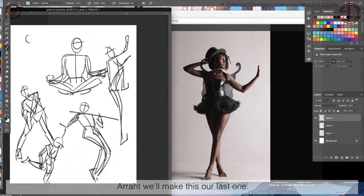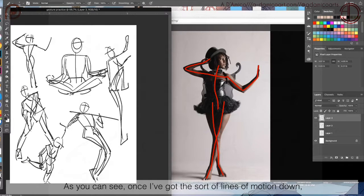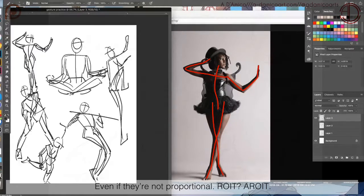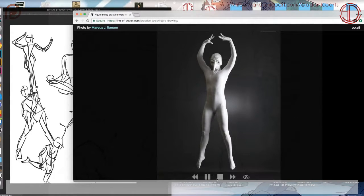All right, we'll make this our last one. And as you can see, once I've got the sort of lines of motion down, I'm just kind of going back and getting the basic shapes of the figure in, even if they're not proportional, right? All right. So that looks like a good image to end on. I don't know what's happening there, but it's great. Okay, so